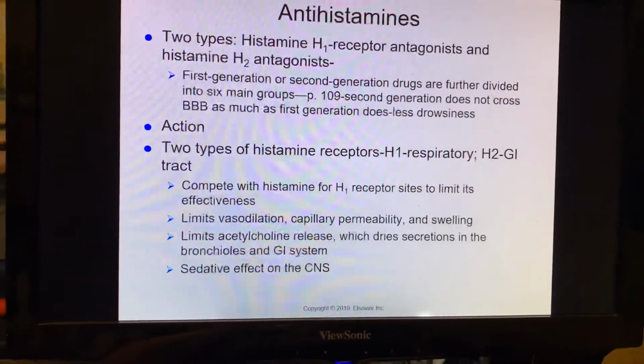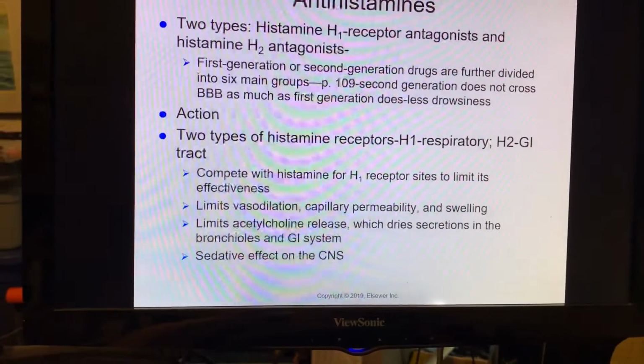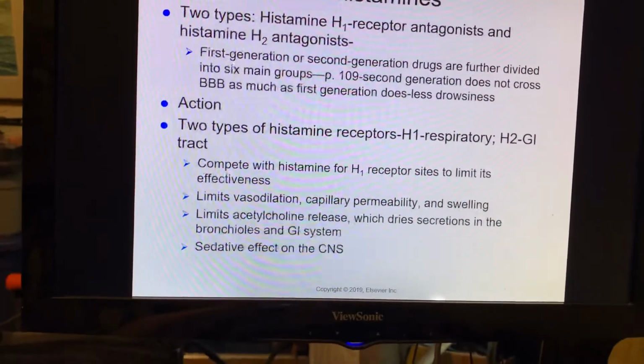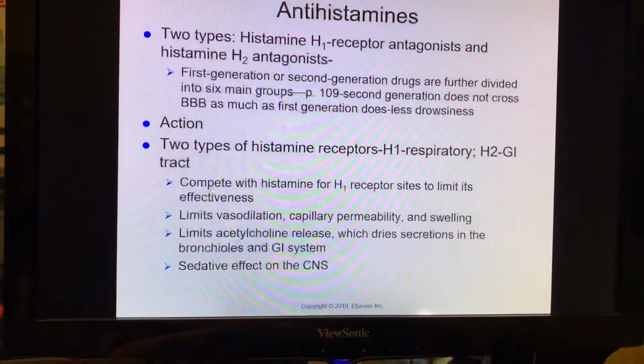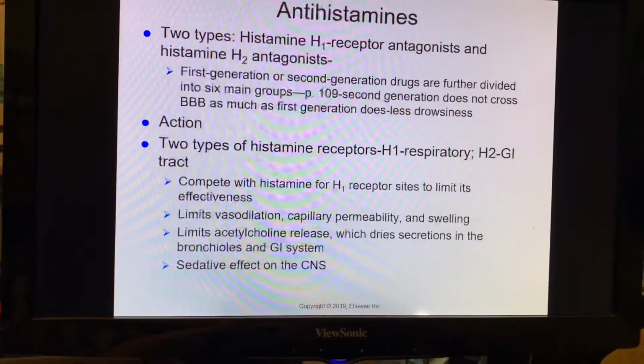They allow things to cross back and forth from the capillaries to the tissues, so that all those white blood cells and other